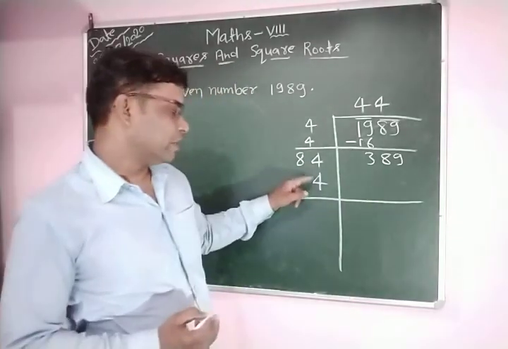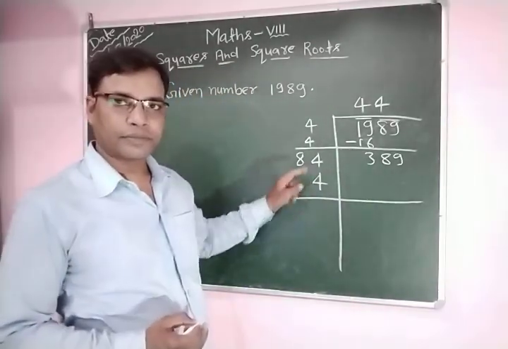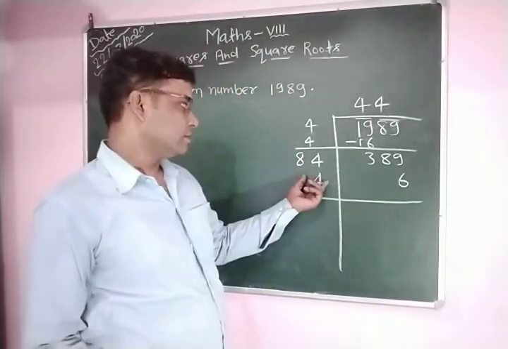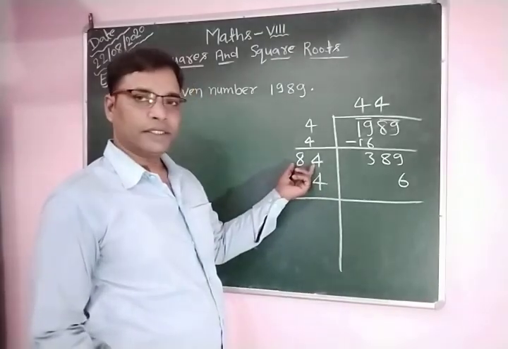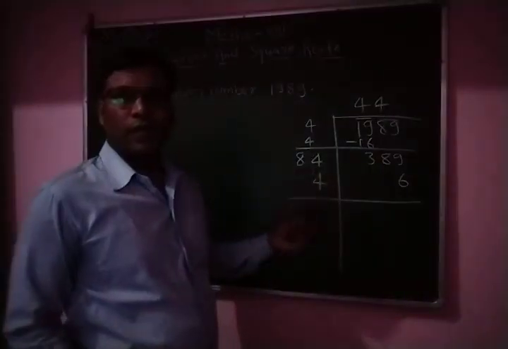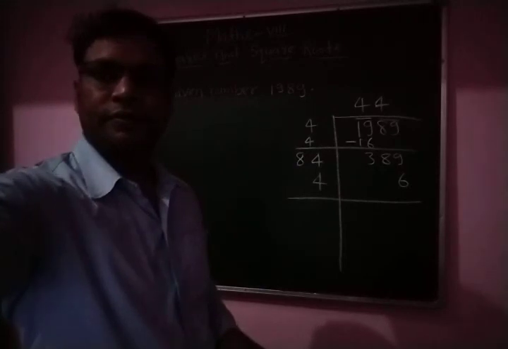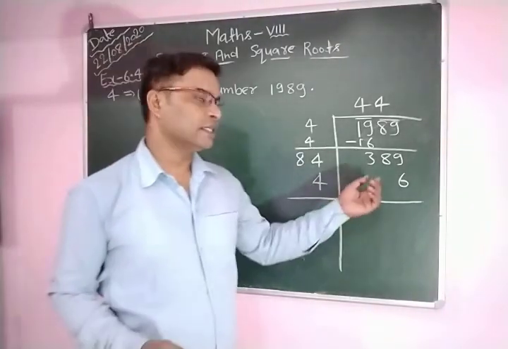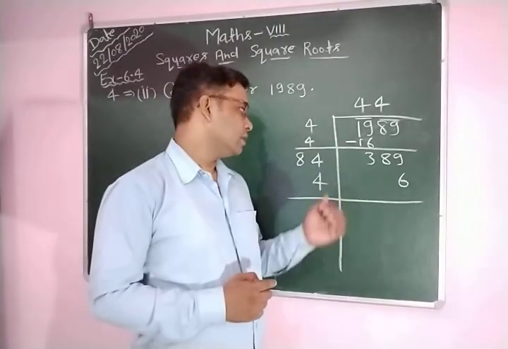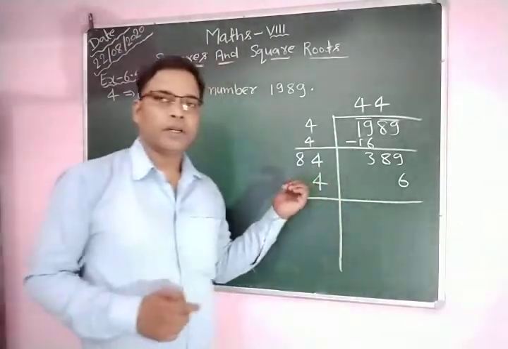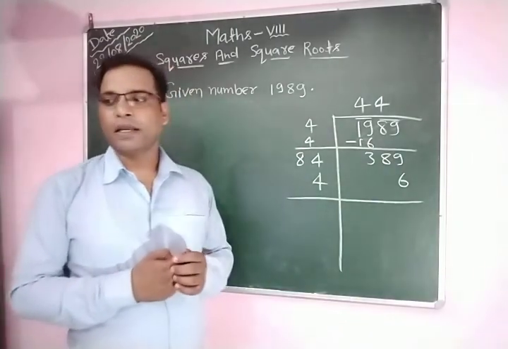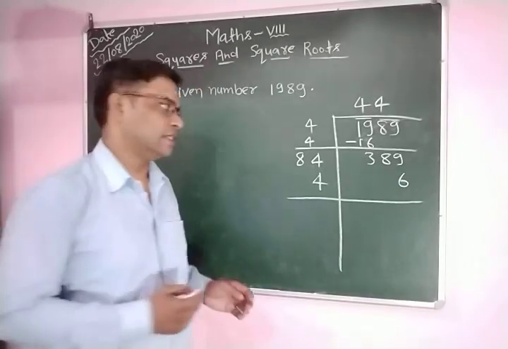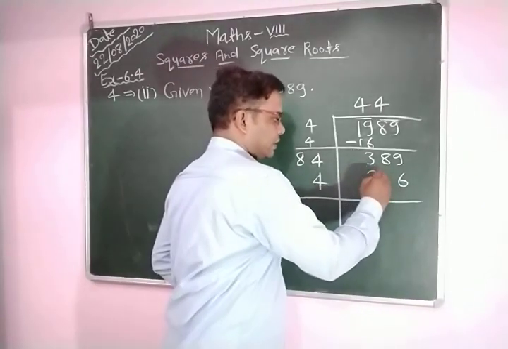Okay, so multiply 4 by 4, 16, carry 1. Again 4 by 8, 32, 32 and 1 is 33. So here 4 fours are 16, carry 1, and again we multiply 4 to this 8, 8 fours are 32, 32 plus 1 carry is 33. Okay, so in this way you can see here we obtain